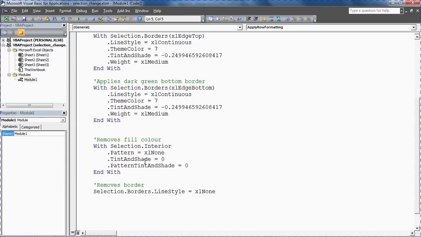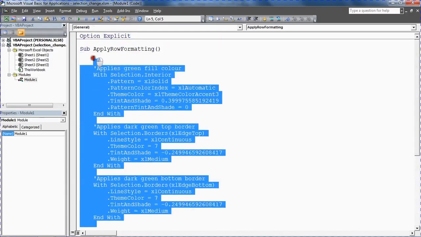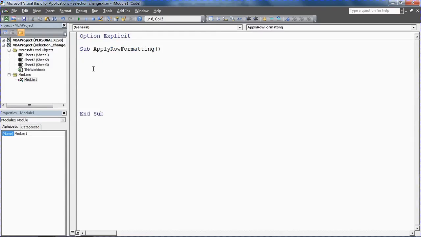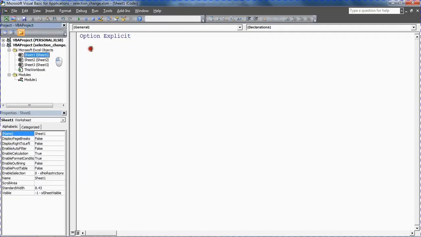Now what I'm going to need to do is cut and paste that into our event procedure. So I'm going to select all of this code. I'll have all of that. Thank you, macro recorder. I'm going to cut it. I'm going to move into sheet 1. The plan is to apply this to sheet 1 and start up an event procedure like we did in the